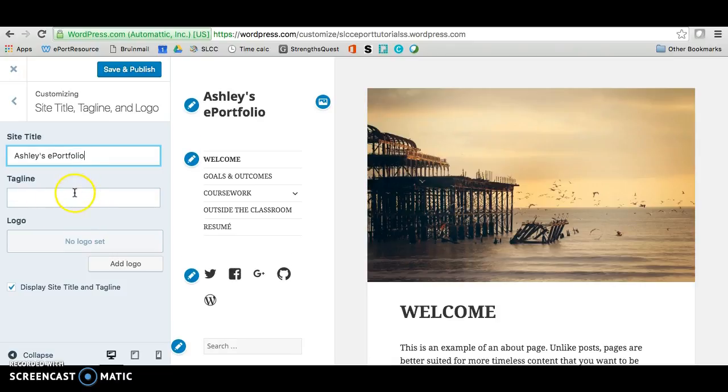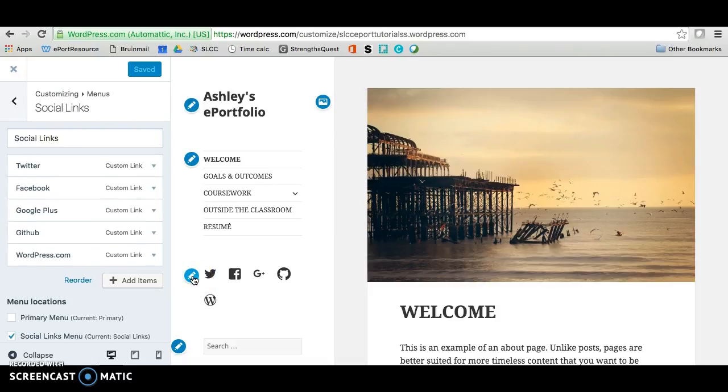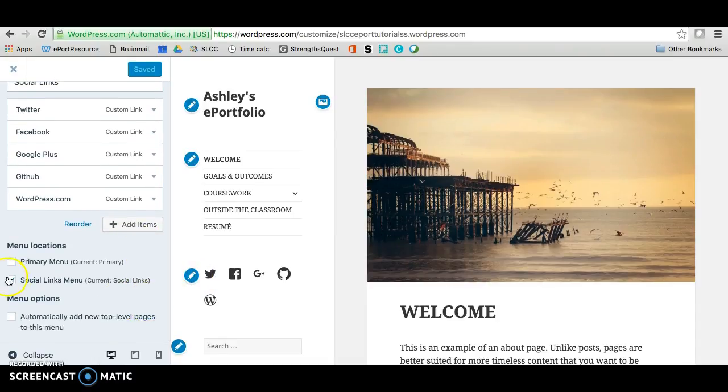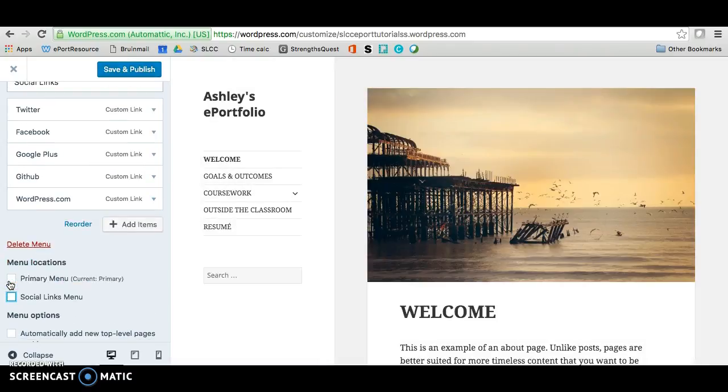You can have a tagline here if you want to, or set up your logos if you want to do that as well. So we're just going to save and publish this part here. Okay, and now we can navigate from this. Although if you do see this here and you don't want this, there is a way that you can turn it off, so you can just uncheck that and it will take it away. And then you just want to save this part. And we'll just wait for this to go, and then I'll show you how to get rid of that search as well.